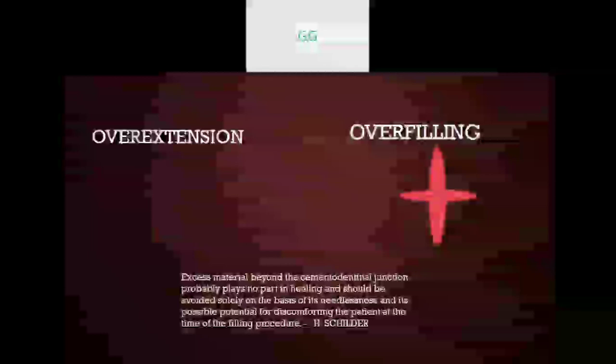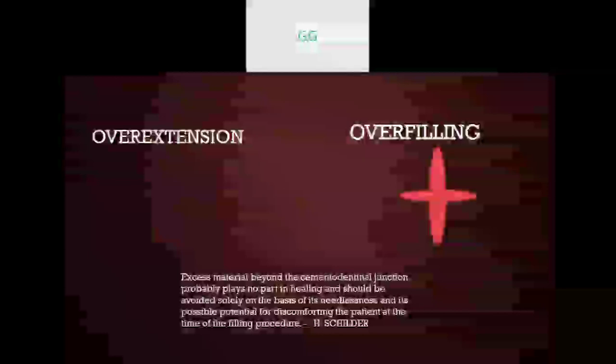Dr. Schilder states that overfilling is a concept that cannot be clinically estimated. So I cannot estimate exactly if the canal has been overfilled or overextended, and this opinion has been shared by Dr. Clifford Ruddle as well. So overfilling, a terminology used in a certain period of the endodontic era, can be called semantics, because it is not in the true sense easily distinguishable from overextension based on just a 2D radiograph.